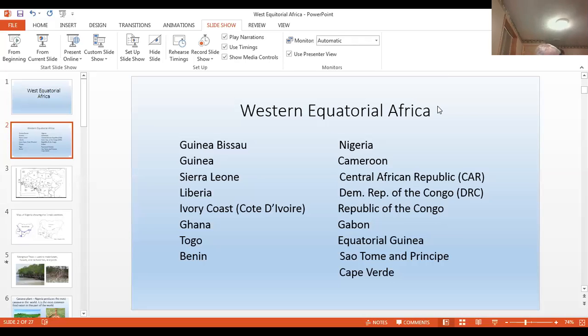Alrighty, fifth grade. Today's social studies deals with the country of Nigeria. Here are the countries that you should have labeled last week with Western Equatorial Africa, countries 14 through 30,